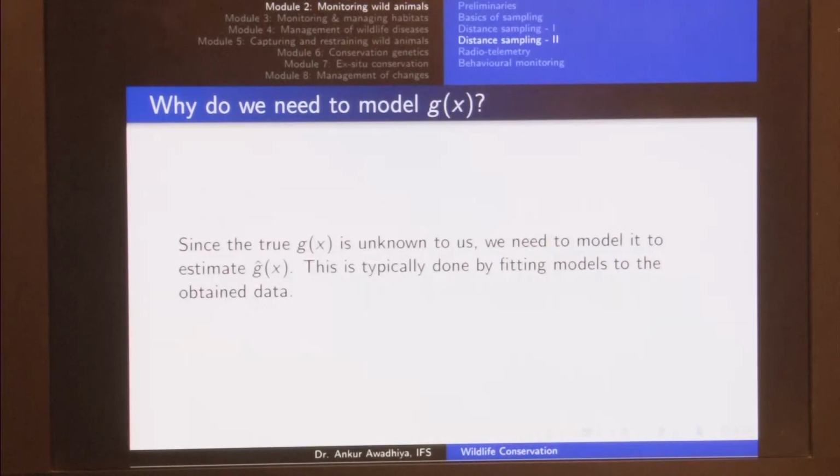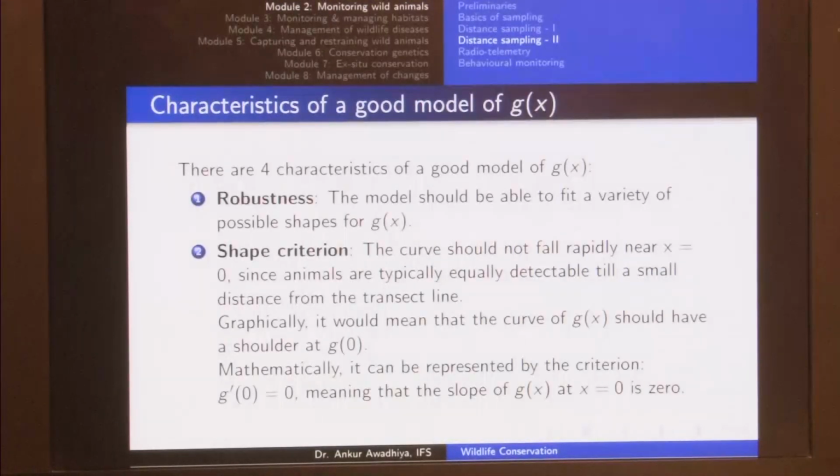So, when we perform this computation on a computer, we need to model it in some way. So, when we use a model of g x, there are 4 criteria that we use for a good model of g x. The first criterion is that of robustness. So, robustness means that the model should be able to fit a variety of possible shapes of g x,